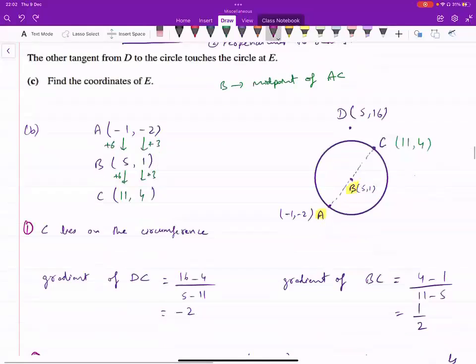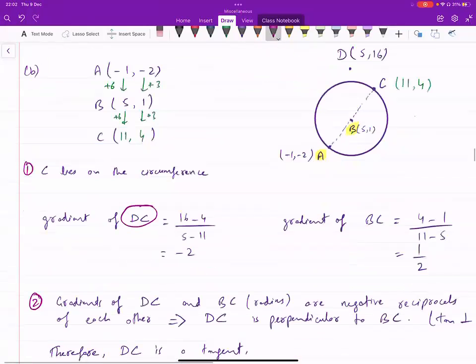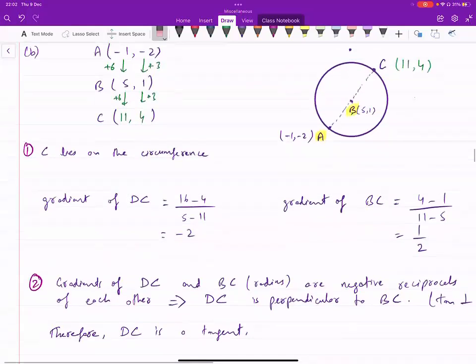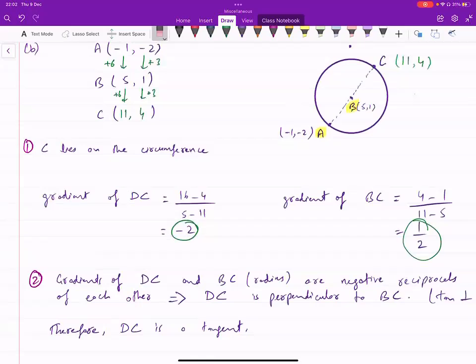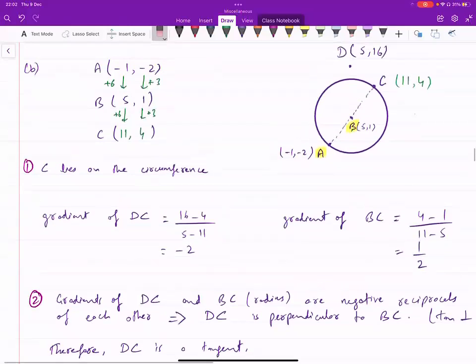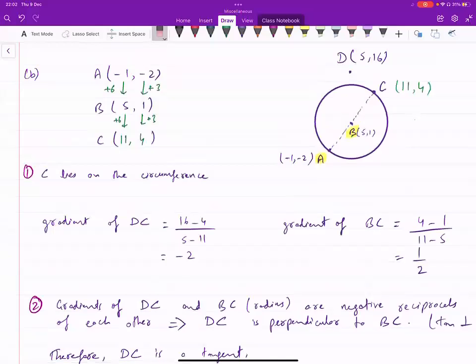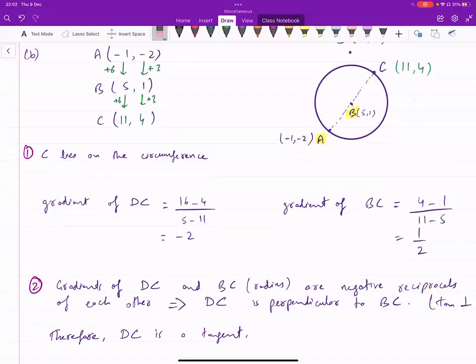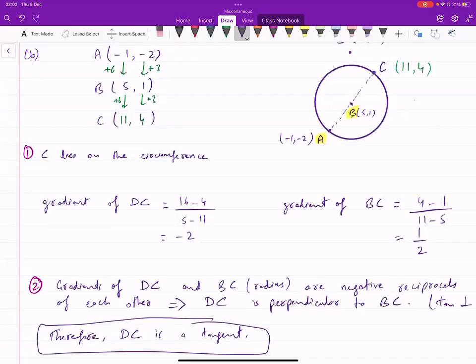So we've done that here, gradient of DC and gradient of BC. They turn out to be negative reciprocals of each other. You've got -2 here and you've got 1/2 here. Since they're negative reciprocals of each other, we say DC is perpendicular to BC. So we've shown those two things. We have C that lies on the circumference and the radius is perpendicular to the tangent. That means the radius is perpendicular to DC. That means DC is therefore a tangent. Okay,